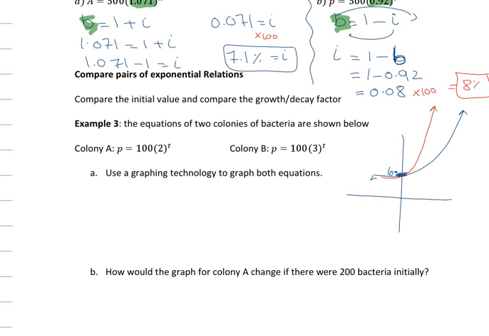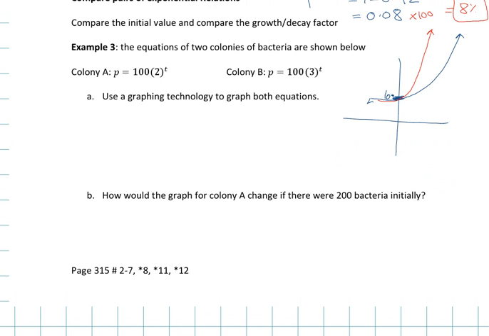So it's going to be P equals 200 times 2 to the power of T, okay? And then tell me how the graph is going to change. So you're going to graph these two and then compare them, and then you're going to graph this one and compare them. So you're going to graph the 100 and this one and compare, and then you're going to compare colony A to colony